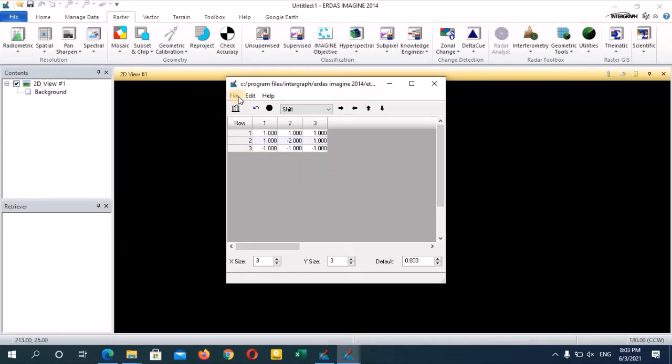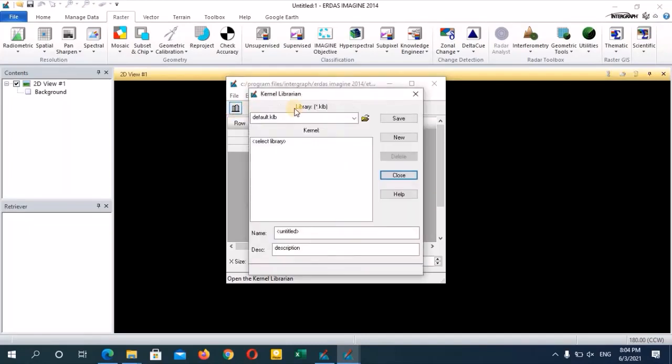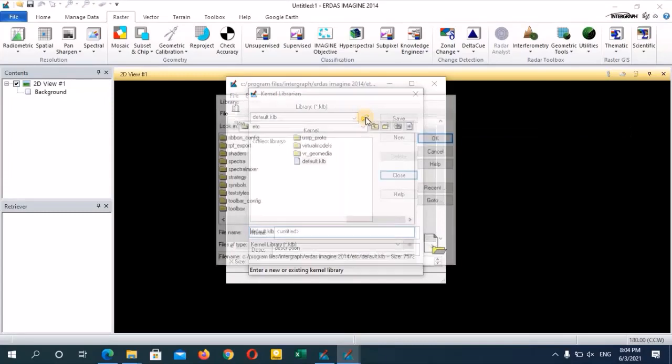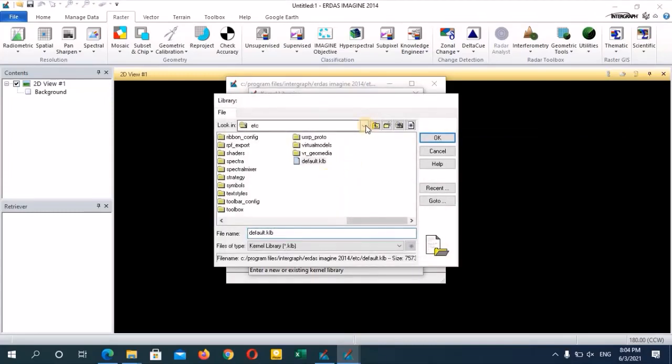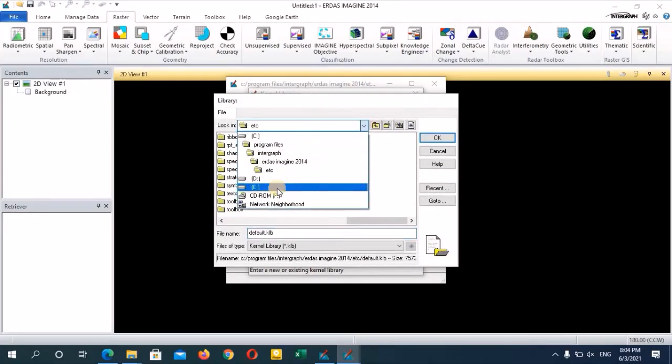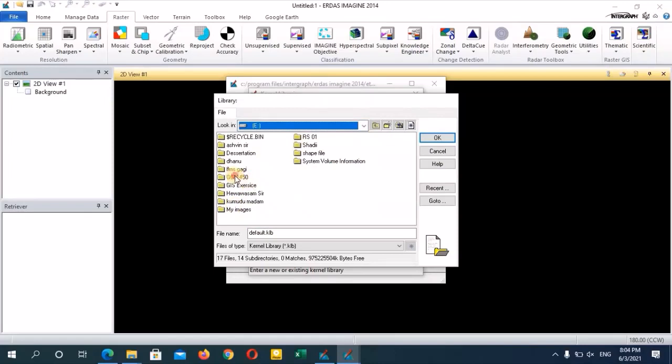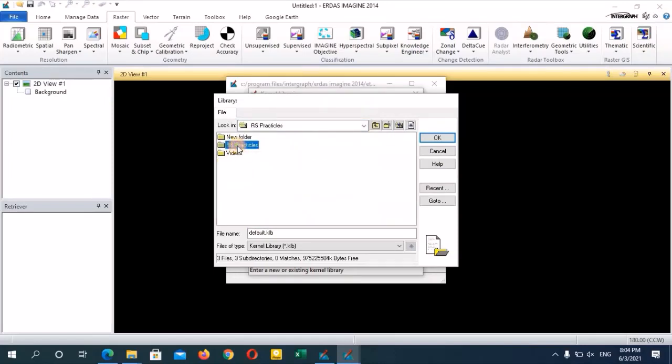Then go to File and Library, or you can just click on this icon, then open your data folder and here click on your library one